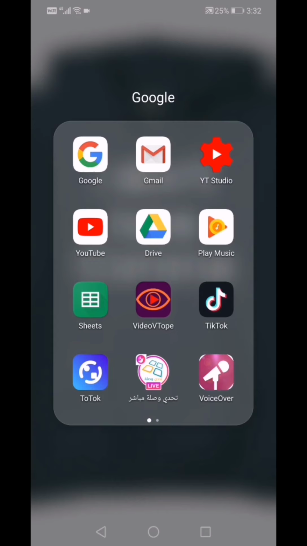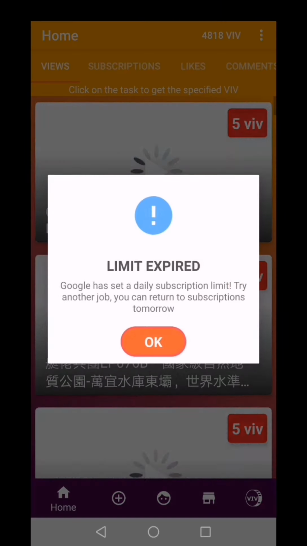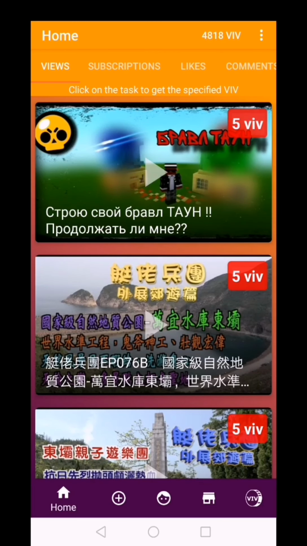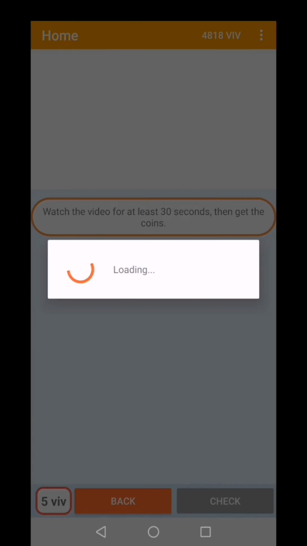Okay, in this way it's very easy to make money, even if it's not too much, but it's very easy, it's very good. Okay, the first thing, we must download this application, Video VTop. Okay, after we download, we will open the application. Now, for example, here there is views. If I watch this video, for example, this one,